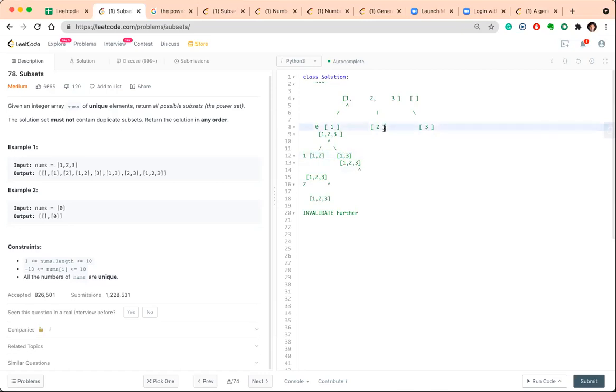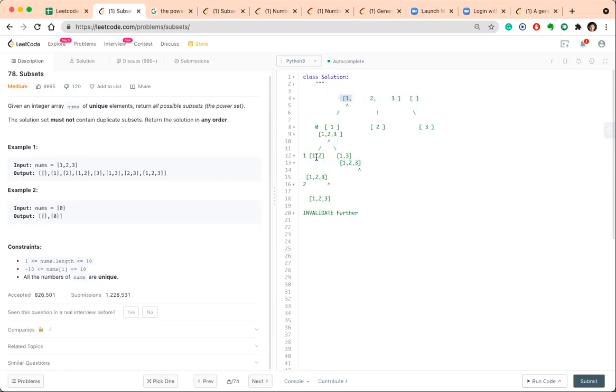Yes, so this will automatically take care of duplicates. Here you see the first place was 2, and whichever we place next, 3 will be on the second place. In this case, 3 will be on the third place, because the first place we have already placed 1.